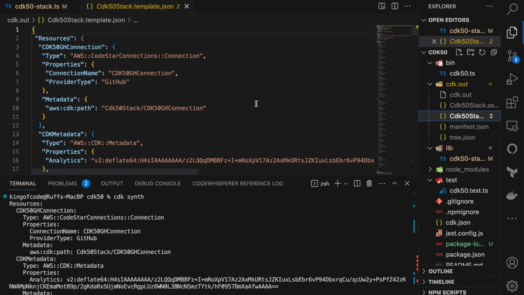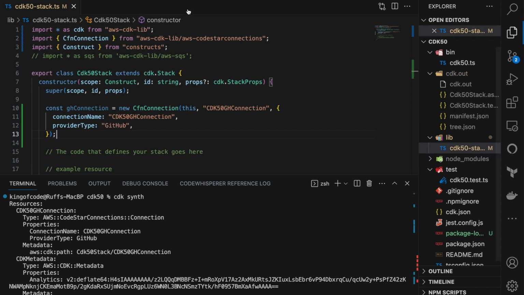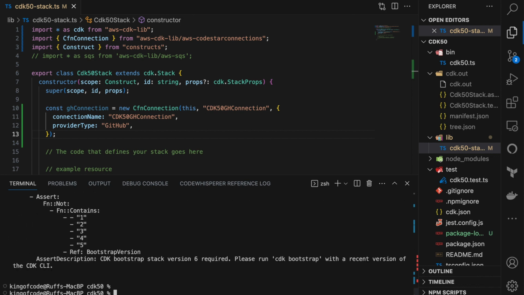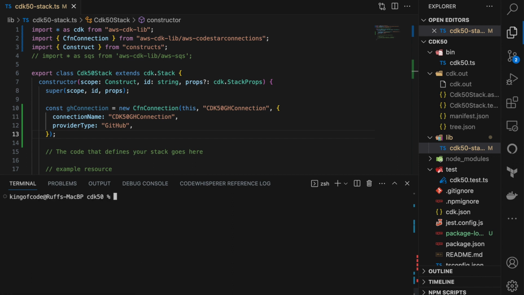The next thing we're going to do, CDK specific, is a deploy. So we're actually going to run this code. Let's clear. We're going to do CDK deploy. Now CDK deploy also does a CDK synth before it deploys to AWS. We only have one stack right now, so we don't need to give it the stack names. We're just going to run CDK deploy, and then we'll look